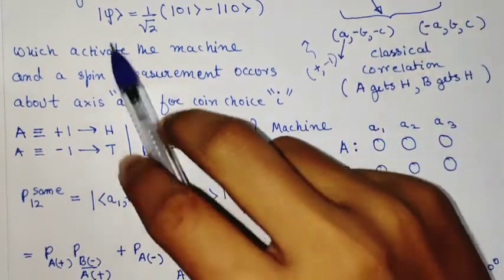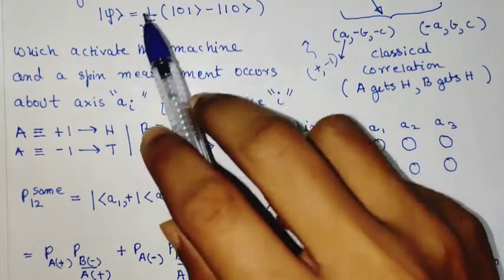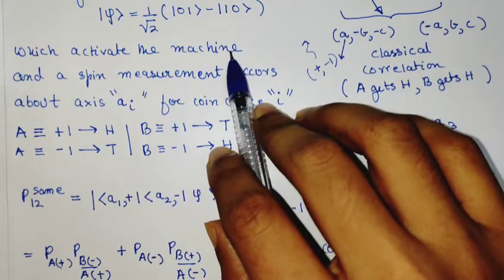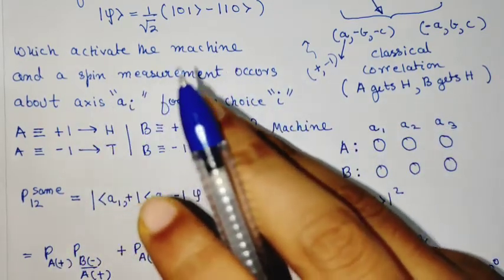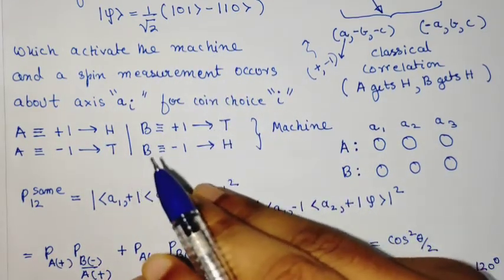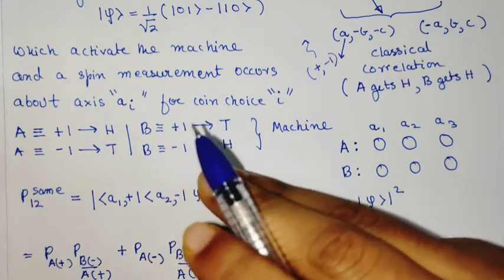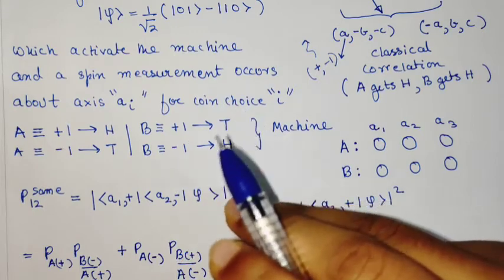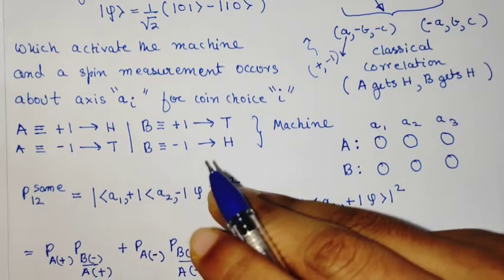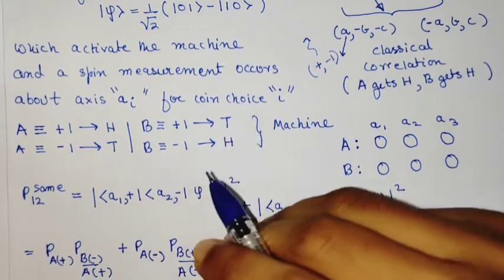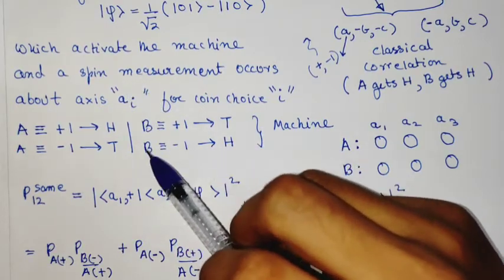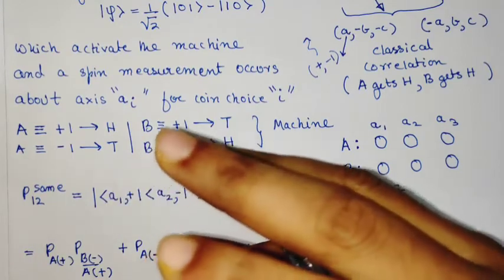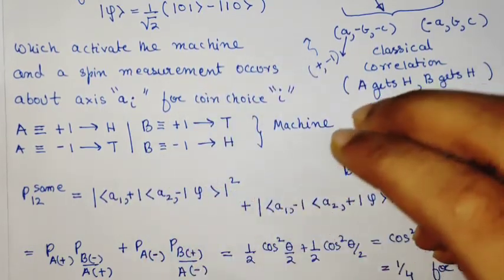Now, what Charlie does is that he prepares these singlets and puts them in the machine to activate the machine. And the machine, when it asks which coin you want to uncover, if a particular coin is selected, the machine performs a measurement over the corresponding axis that is present inside the machine. So essentially the machine has different Stern-Gerlach apparatus oriented along different axes.